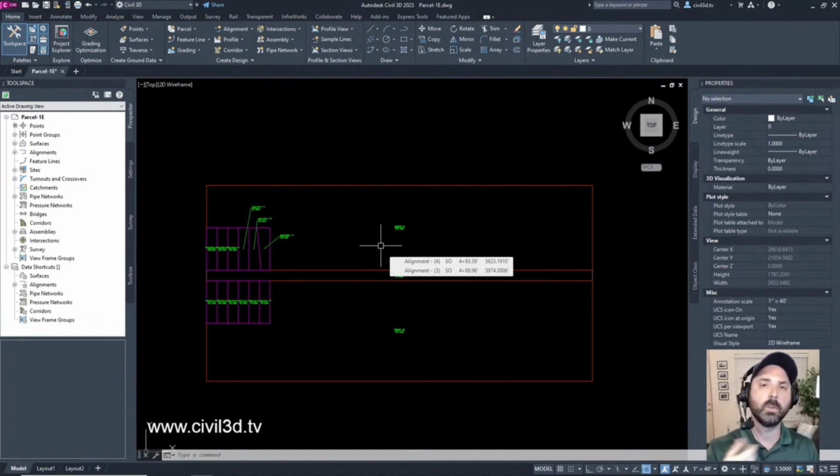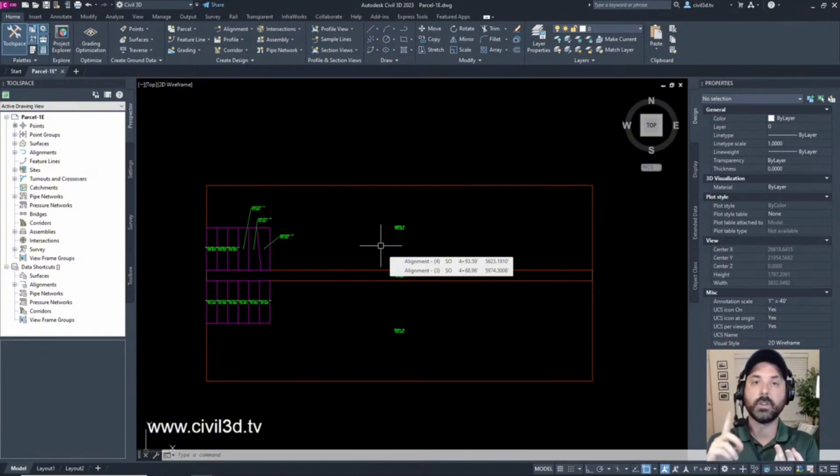And once I got really, really fast with that, then I was able to add different aspects of Land Desktop, which was kind of like an earlier version of Civil 3D. And then you add in the components of Civil 3D, such as creating surfaces and getting volumes between your existing grade surface and your proposed grade surface. So with civil engineering, it's just a lot of information that you're dealing with. I know that there's a lot of engineers in training that are dealing with the pressures of taking their engineering tests or exams.